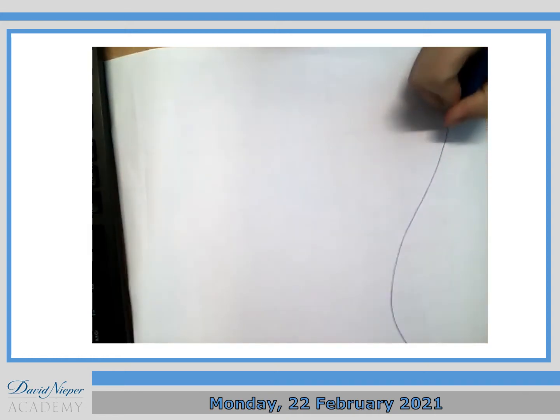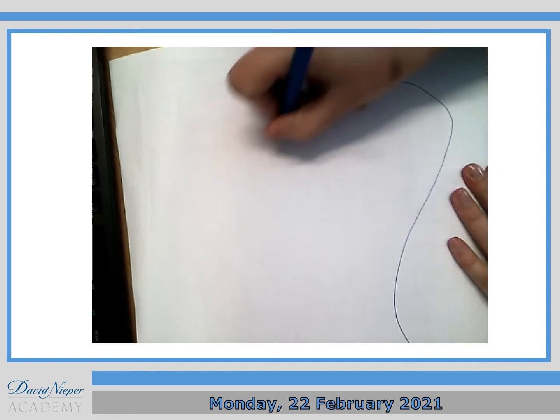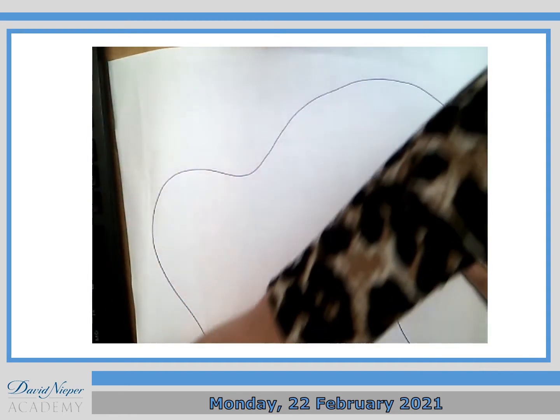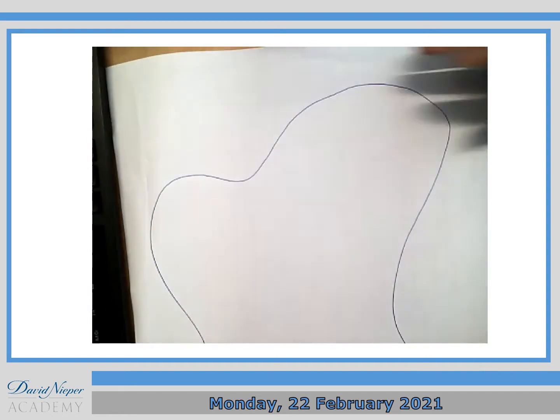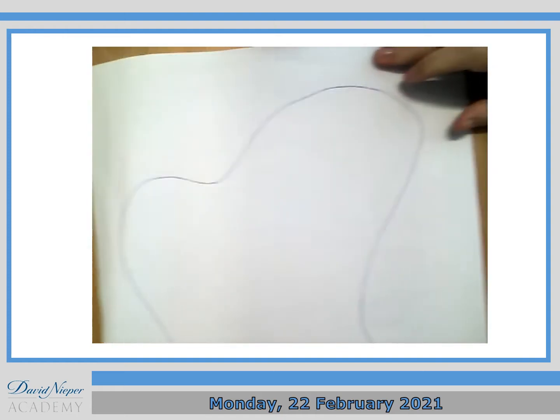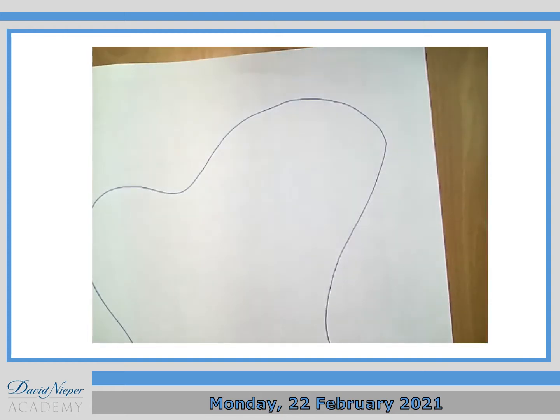So the first thing I'm going to do is I'm going to draw the outline for my island, okay? So remember, it's got to be a whole island. So I'm just going to draw a shape here. It can be any shape you want it to be, as long as it's got enough room to be able to fit all of your ideas into it. Okay, so